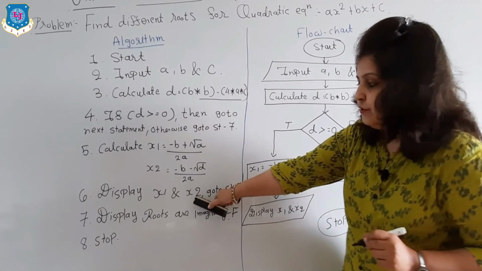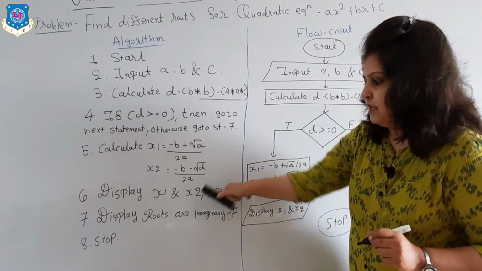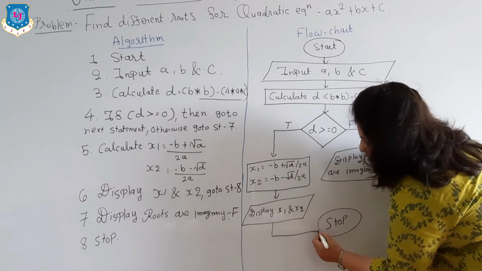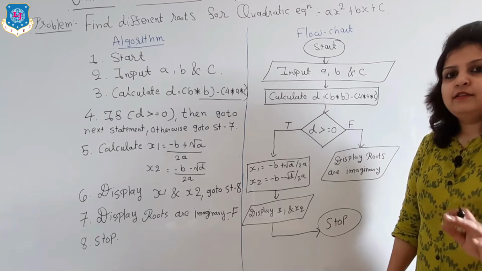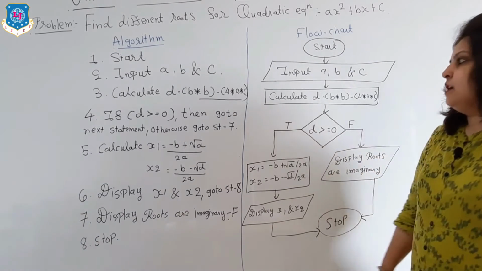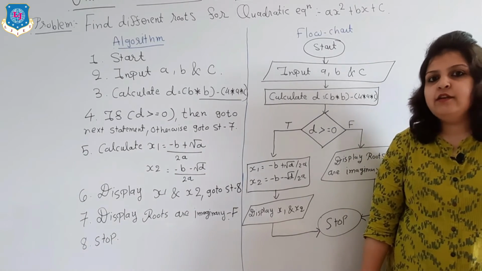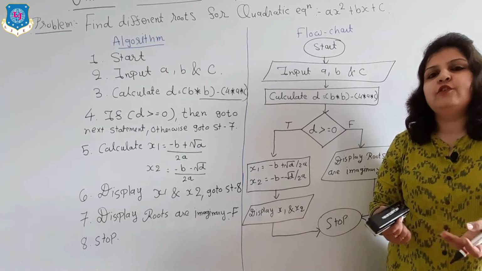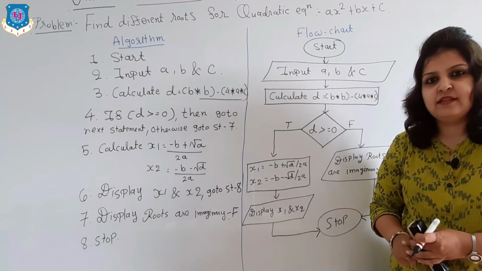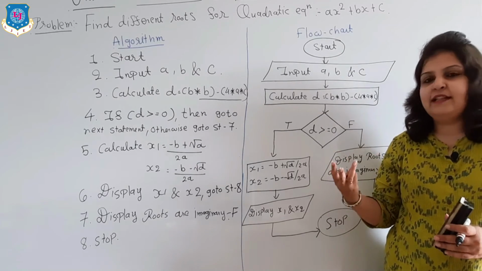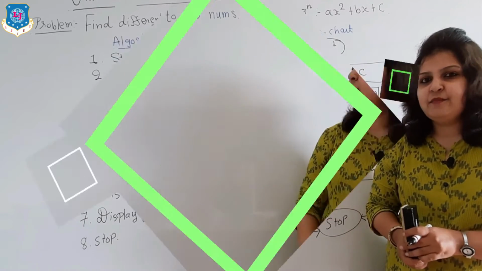So after executing this statement number 6, our control goes to the stop. So here this arrow indicates stop, and same way for here. So in this way we can draw a flow chart and make an algorithm using a combination of two types of problems. In the next example we will see our third method, and that is the repetition problem.